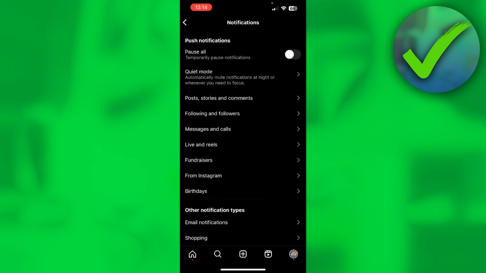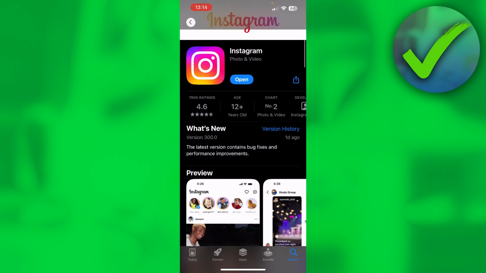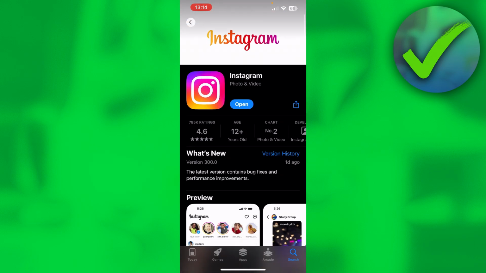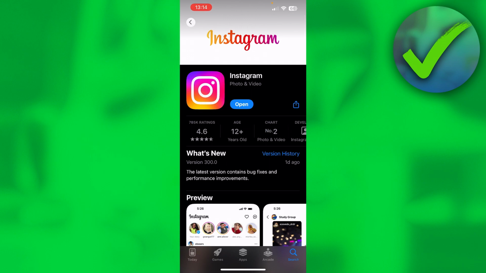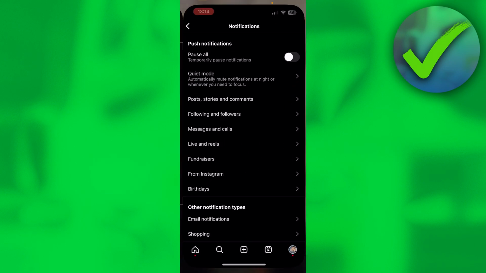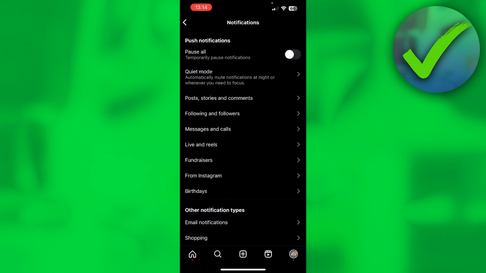Now, if you cannot find this, then you just got to make sure that your app is up to date. So you can go to the App Store, which looks like this. And if instead of the blue open button, it says update, then you got to make sure to do that first. Now, second, if you still don't have this option here, then that just means that your account may not